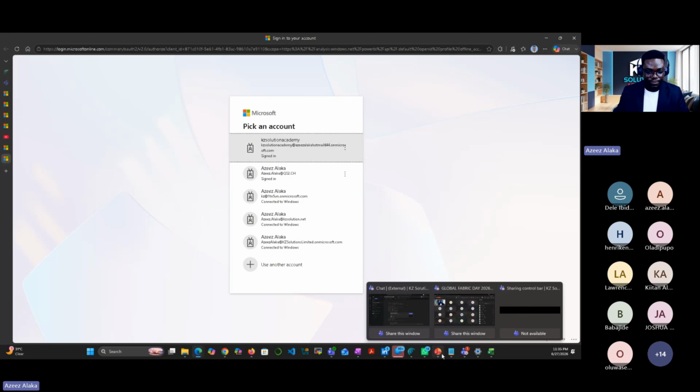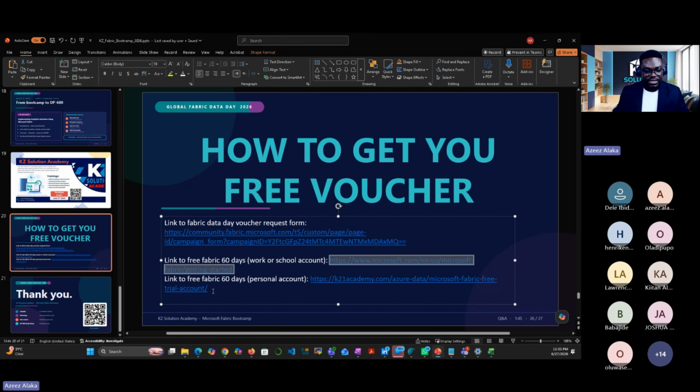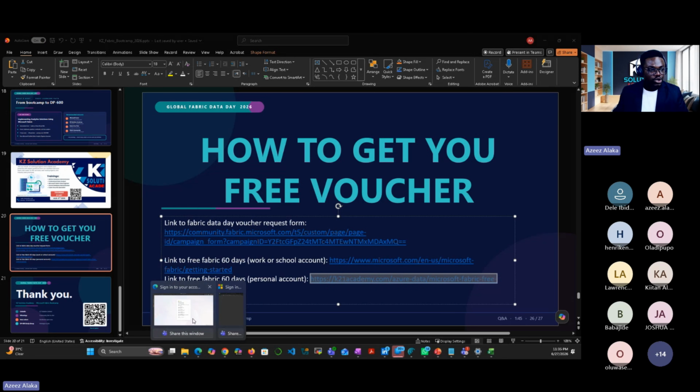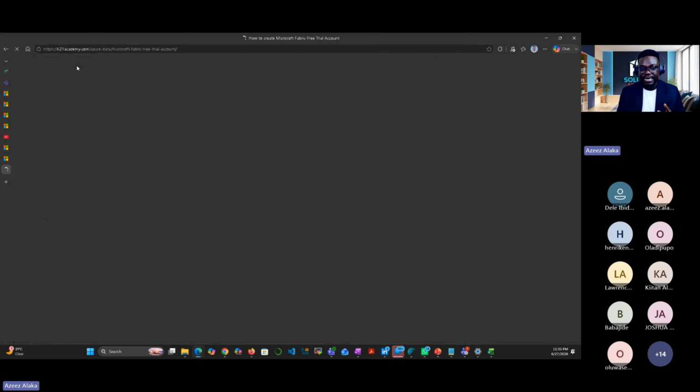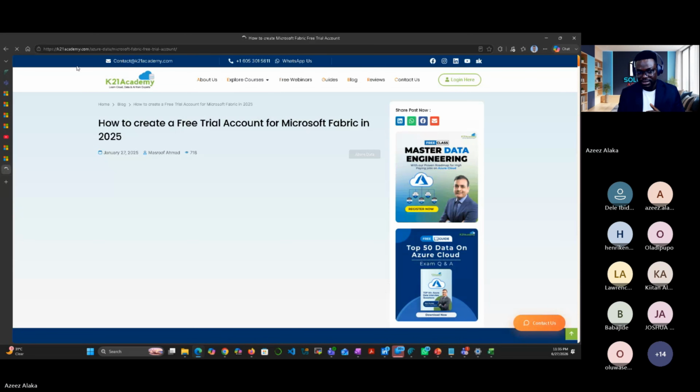The third method is also part of the slide. So we are giving you a comprehensive way for you to do that. This is the third way. The third way requires you to open an Azure account. So you need to go to Microsoft Azure, and Azure is also free for 1 month. Azure is going to give you 200 USD credit.